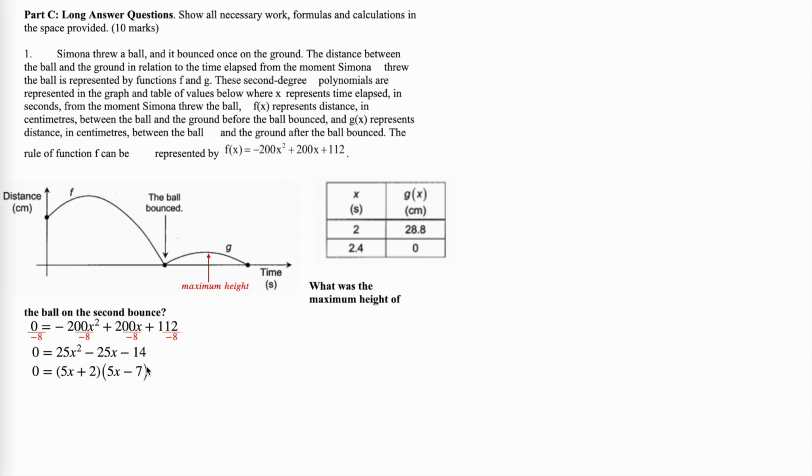5 times 7 is 35. 2 times 5 is 10. 35 take away 10 is 25. Now I'm after negative 25. I need to get negative 35. For that to happen, the 7 has to be negative. The 10 has to be positive. This 2 has to be positive. 2 times the 5 gives us the 10. All right, so we end up with 0 is equal to 5x